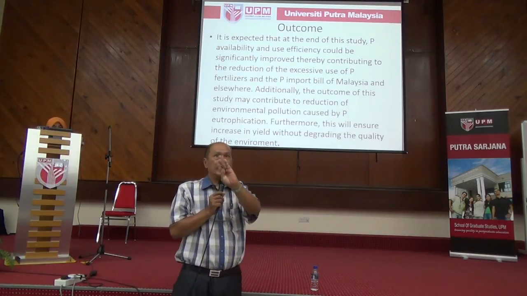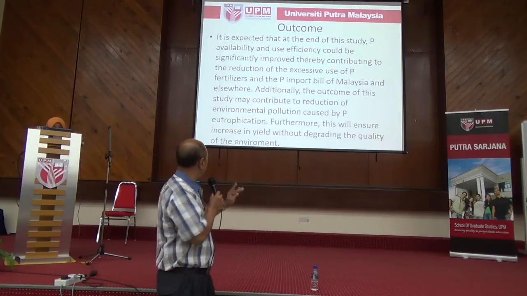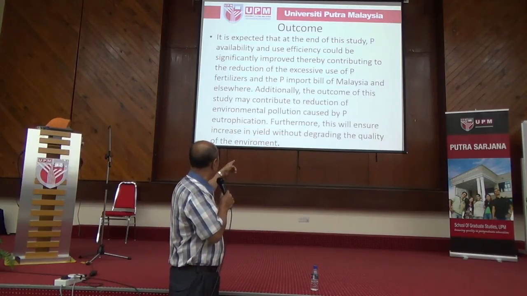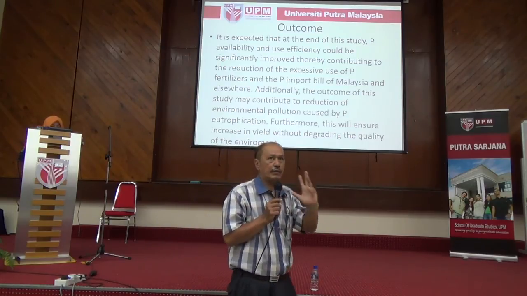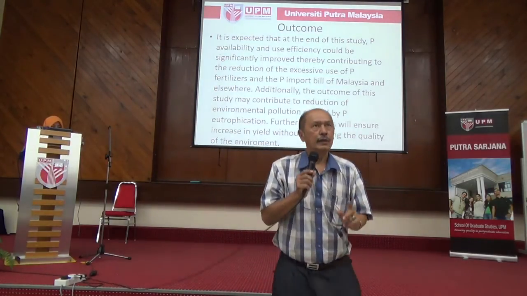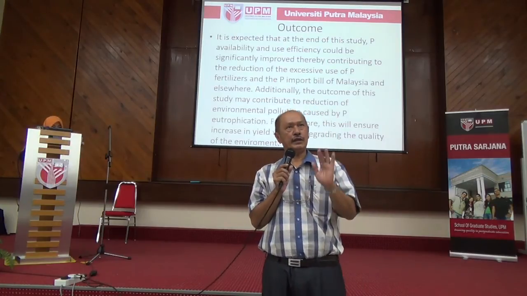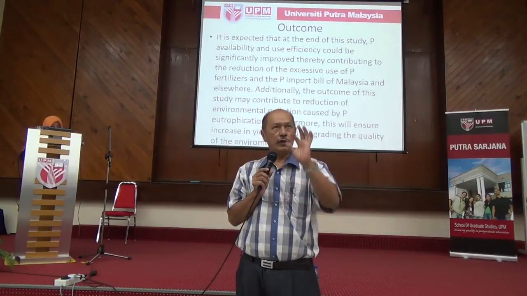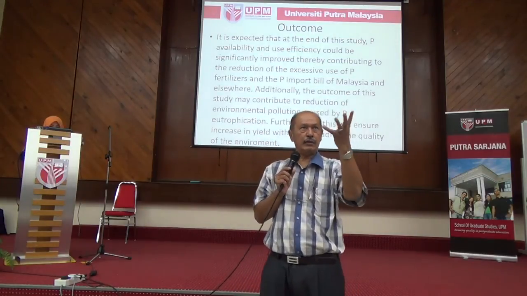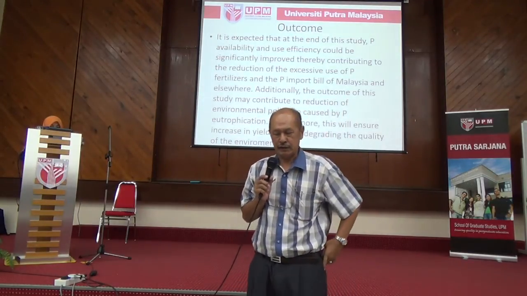Two discipline benefit. Then, this will ensure increasing yield without retaining quality of the environment. So, two contribution: environment, crop yield. That means the farmers will benefit more. That is the economic, socio-economic aspect. So you want to do that. So you might want to relate whatever you want to do, sensor, to